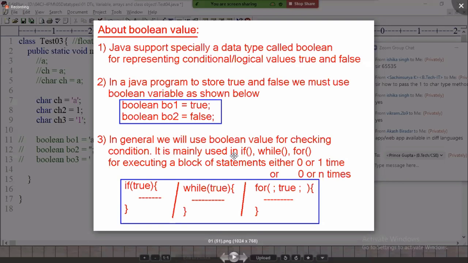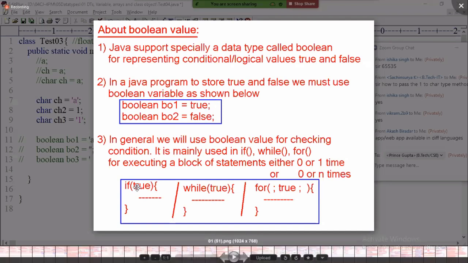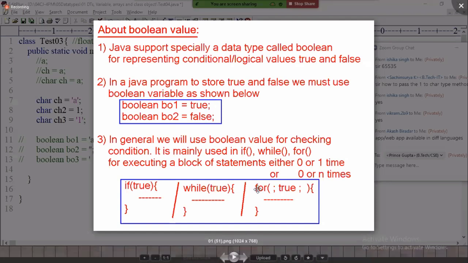It is mainly used in if, while, and for block execution, for executing a block of statements either 0 to 1 time or 0 to n times. Generally we don't write statements like Boolean bo equal to true for storing; rather we use true and false for checking conditions: if true, while true, for true, like this.